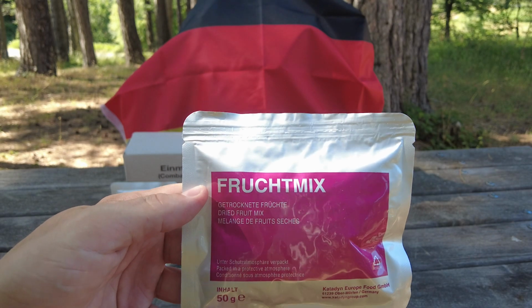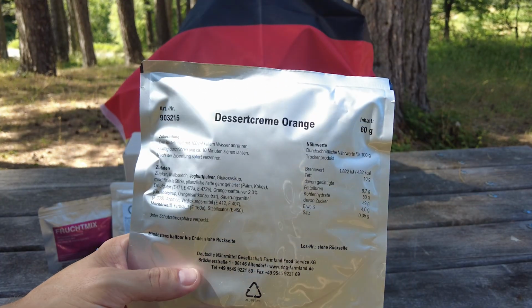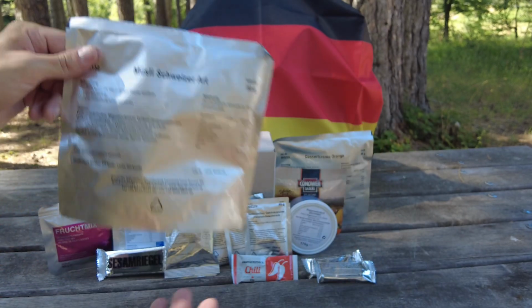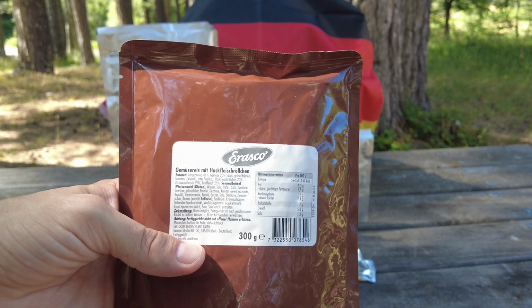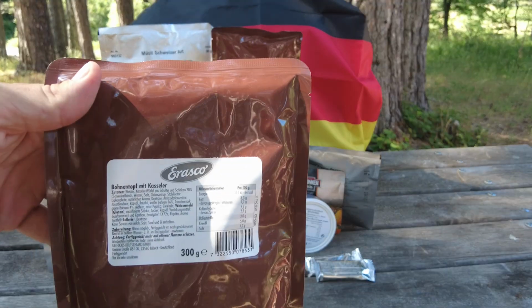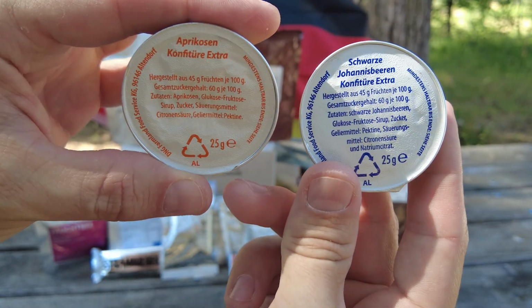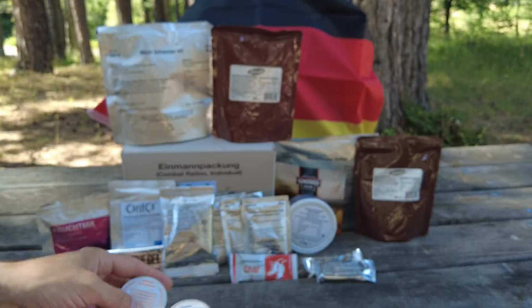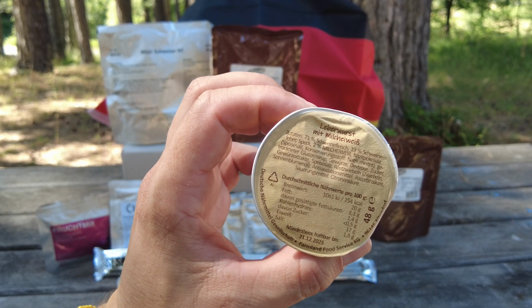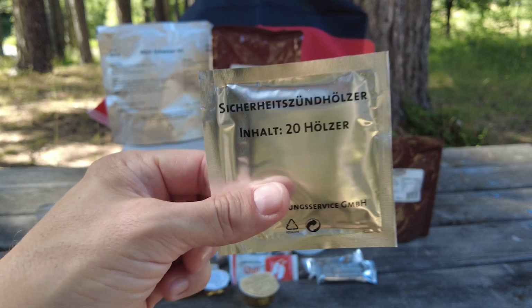chili, a 50-gram pack of dried fruit mix, a 60-gram pack of dessert cream orange flavour, an 80-gram pack of muesli, a 300-gram meal of vegetable rice with mincemeat, a 300-gram meal of beans with ham, 2 25-gram tins of jam, 1 apricot, 1 blackcurrant, 48-gram packet of turkey meat, another 48-gram packet of liver sausage, a pack with 20 safety igniters, which I presume are matches, and then